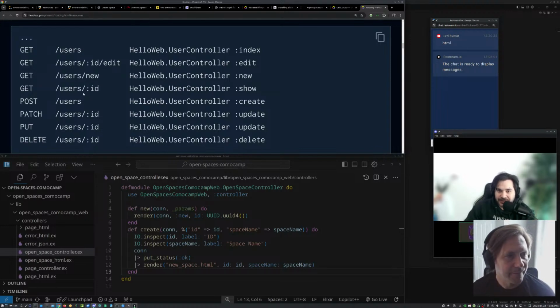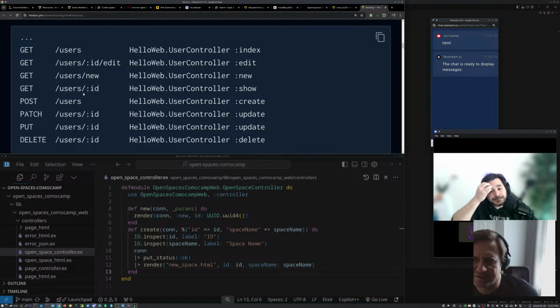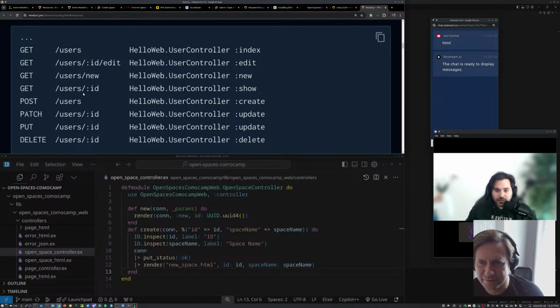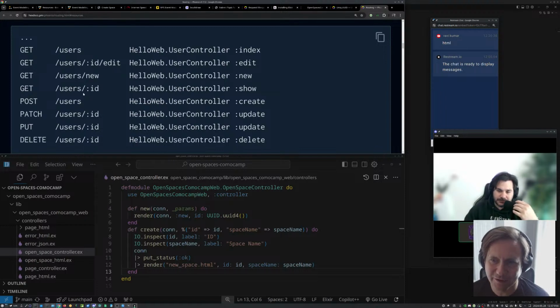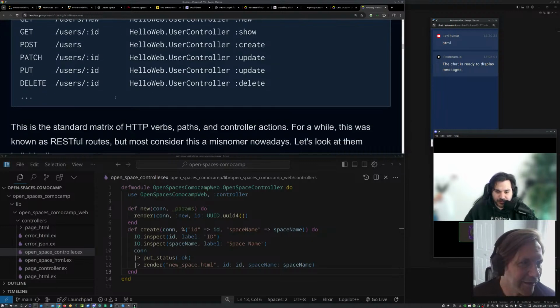Since you already understood how to define it manually, this is kind of weird because there's no ID. It's just the name of the open space, so it's just one record. There are no names of open spaces. It's just the open space name. You set it, and it's one thing. I don't know if there is a resource instead of plural.